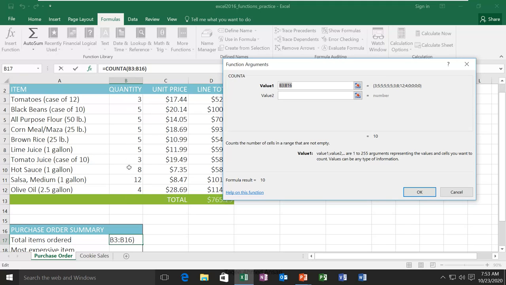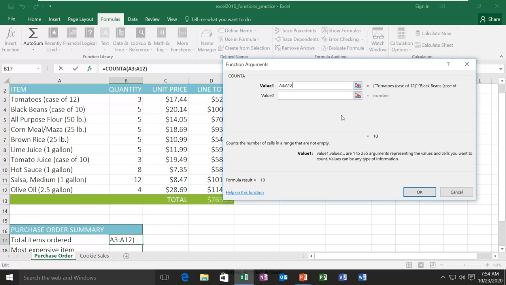So I don't want to calculate this one, I want to calculate this one. So how will I do this? I will change the range here. The range I want to use is A3 to A12. So I will type A3 colon A12. You can see a snapshot of the values we have in those cells, and it also shows you the result here, and then we can press OK.